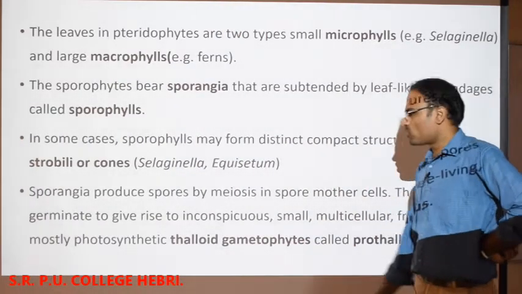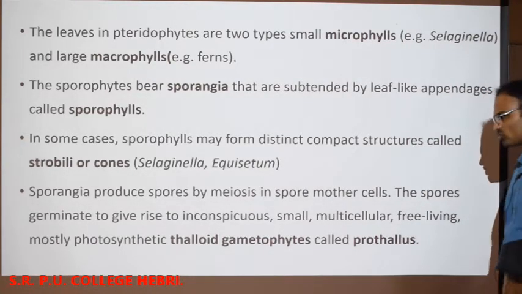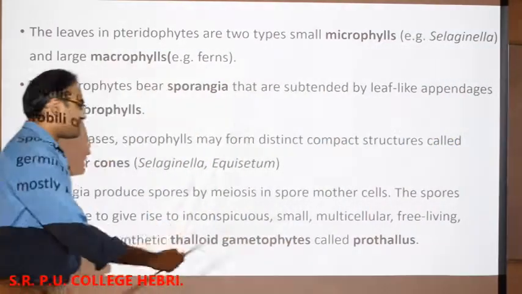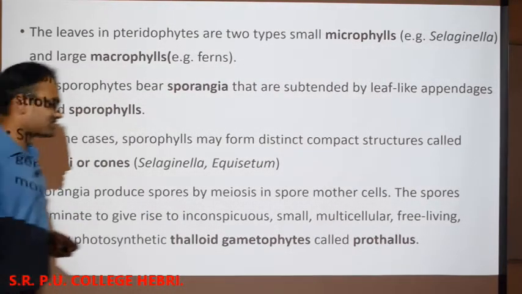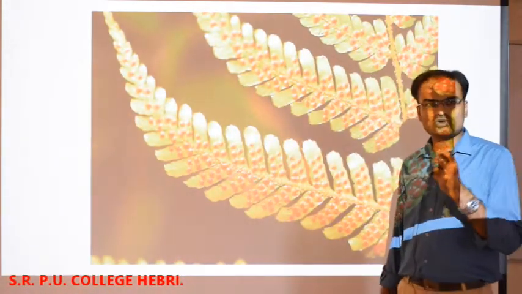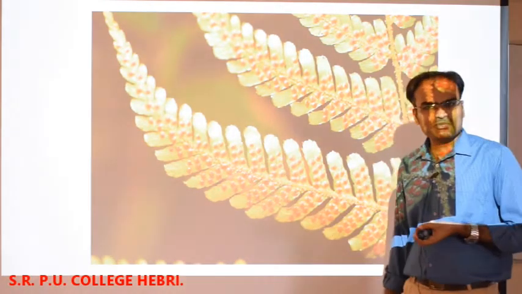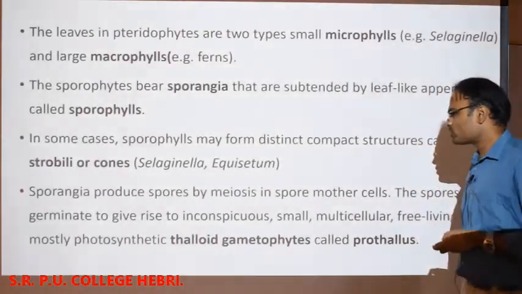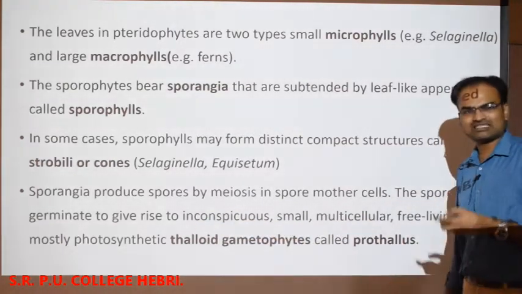Sporangia produce spores by meiosis in spore mother cells. The spores germinate to give rise to inconspicuous, small, multicellular, free-living, mostly photosynthetic thalloid gametophytes called prothallus. So as we know, the sori are producing the spores by the process of meiosis, so those spores will come out of the parental body and germinate. They will give the inconspicuous, that means undifferentiated,